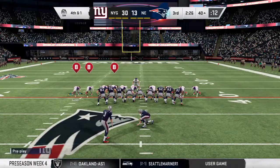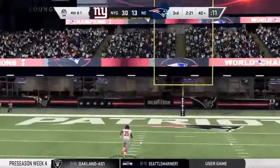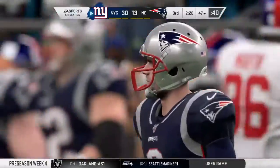All runners count on their eyes to find the gaps and creases, to find open space. There was absolutely none on that one. Totally swallowed up on that play. His kick is